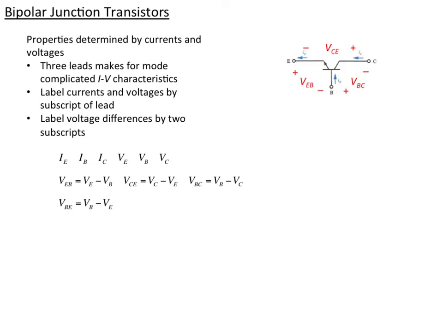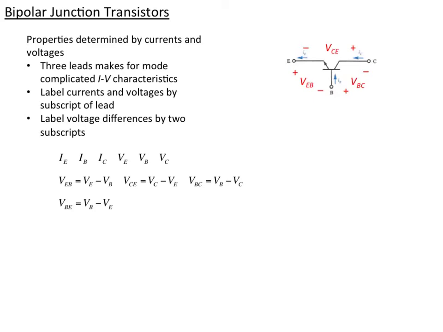So we'll often deal with the NPN, as I've shown here, more than the PNP, but we should be able to do both. And so everything we need to know about it we can label with three currents and three voltages, and often we'll want the differences with voltages as well. The fact that there are three makes it complicated for IV characteristics, and so making sure we know what we're talking about in any case is